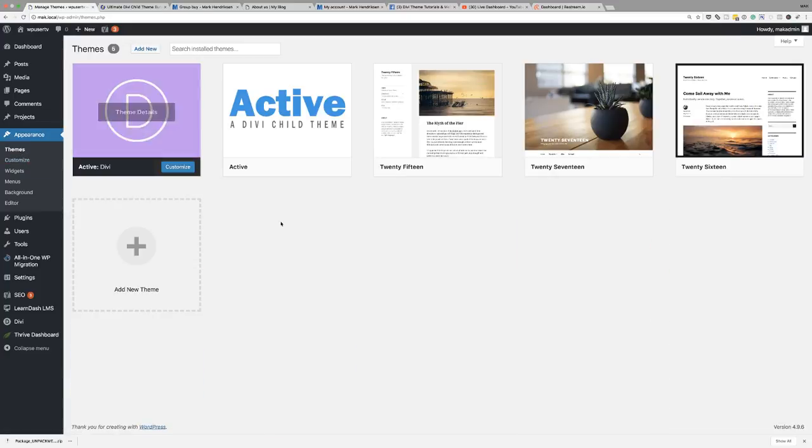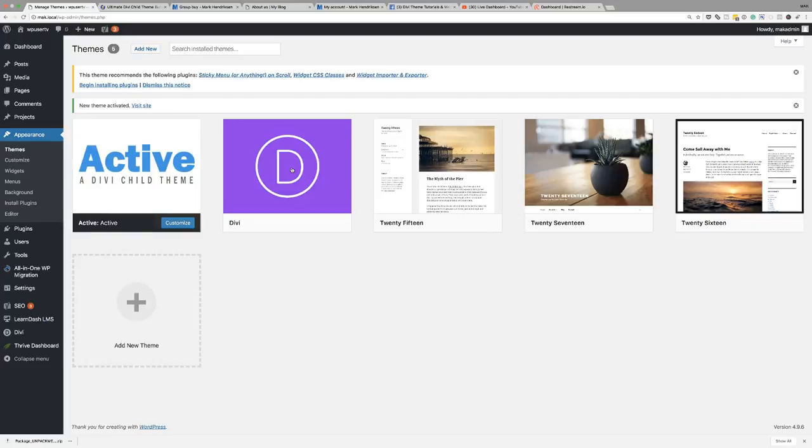in fact, let me just go back here. So here's our child theme. I'd already done this ahead of time, so all you have to do is activate it. Okay, so now our theme is activated. Next, what you need to do is start adding all your pages. But you may want to start off by adding all the other elements of this child theme first. But let me just show you how to add the pages first, and then we're going to go to the